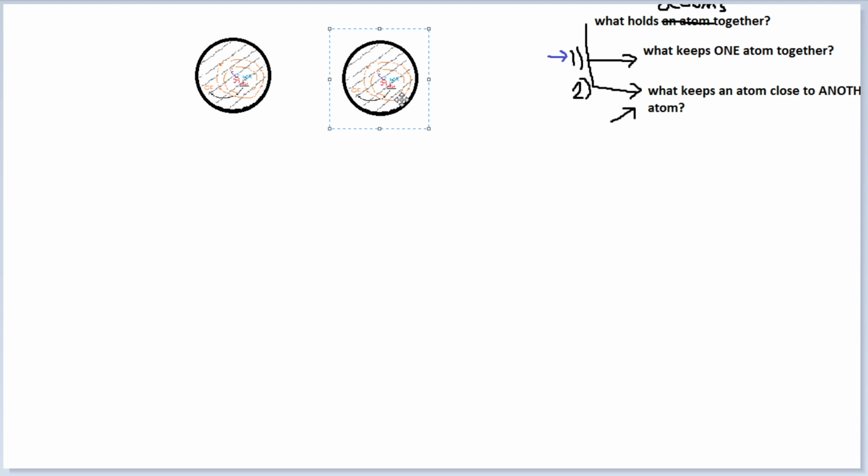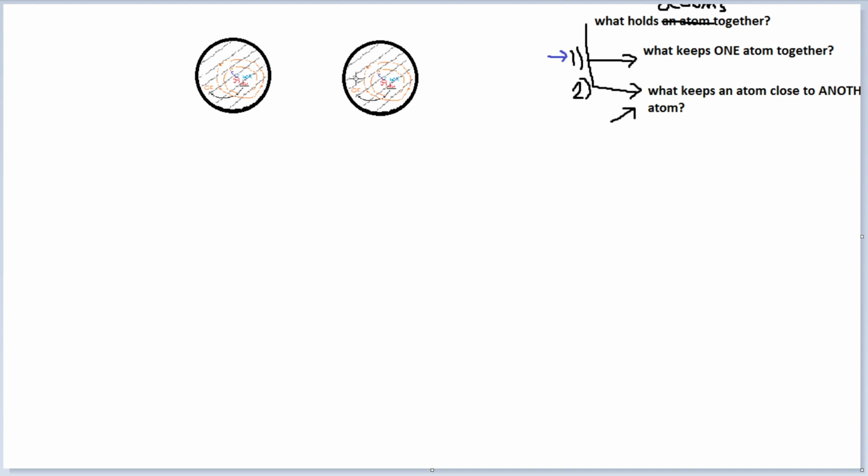But hopefully this is making sense. What's inside the circle represents the type of atom that I'm talking about. So these two pictures are the same picture because they represent the same type of atom, the same element. But they're not identical. They're not the same atom, in the sense that I can't say this one and this one occupy the same place at the same time. They're more like identical twins. They look exactly the same. The picture that describes them inside is exactly the same, but they are actually different.